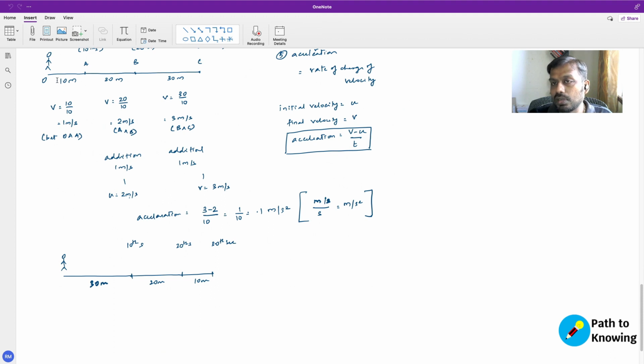So this person traveled with a slower velocity in the beginning, and then he increased the velocity. But here this person travels with, if you really capture the velocity here, the magnitude of velocity equal to 3 meters per second. Here it is going to be 2 meters per second, and here it is going to be 1 meter per second. So here the velocity decreases for this person over a period of time, and also the rate of change of velocity, which means that your acceleration is also going to be